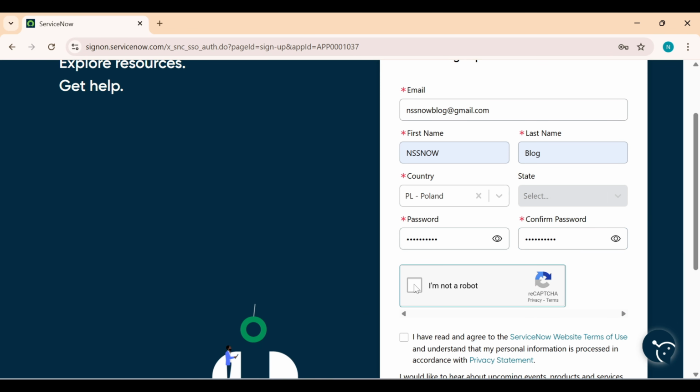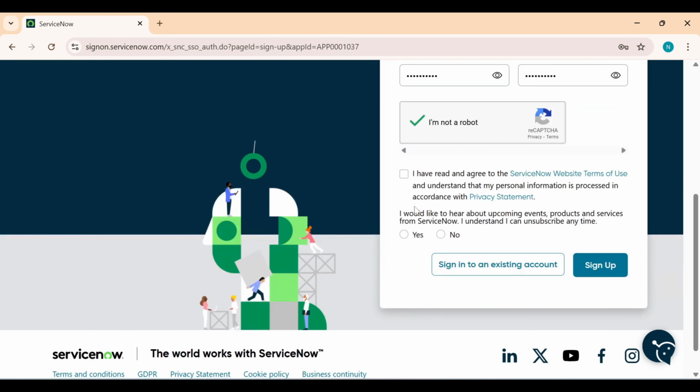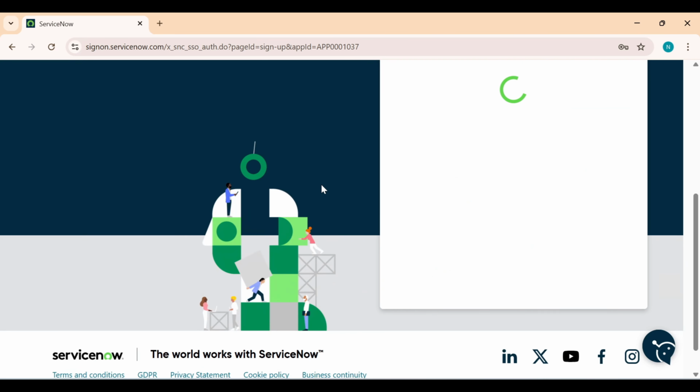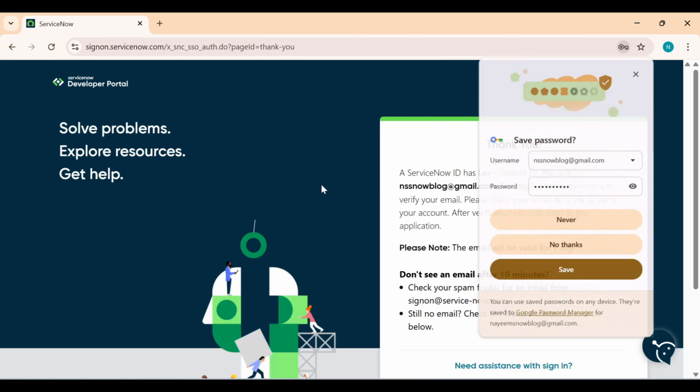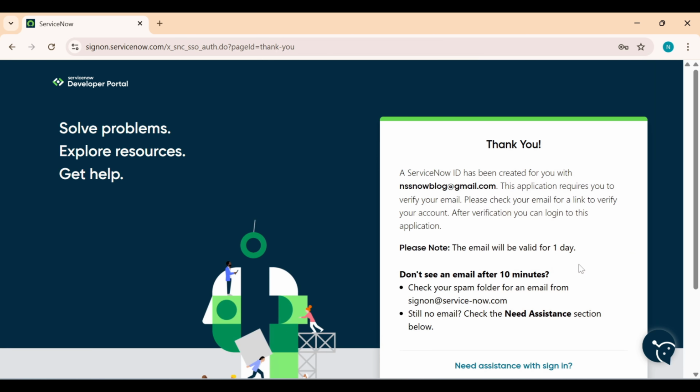Okay. So I am not a robot. I have read, and I would like to hear you. Yes. Sign up. So like this, you have to sign up. Yes, I would like to save. And a ServiceNow ID has been created for you. Okay, so you need to